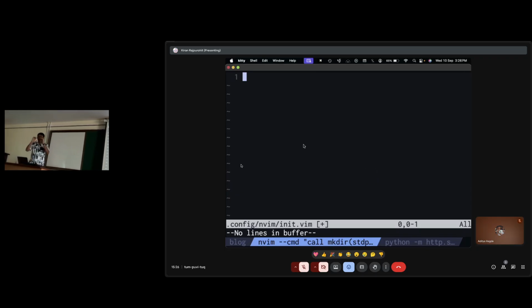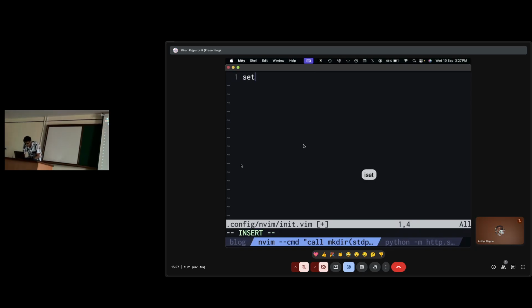I want you to delete whatever you have in your buffer, because this buffer is really a config file. Here we're going to enter our configurations. If you open a new terminal instance and just type nvim, you will see that the new instance does not have numbers, because you have not told Neovim what the config is. In order to tell Neovim what the config is, you write to this file.